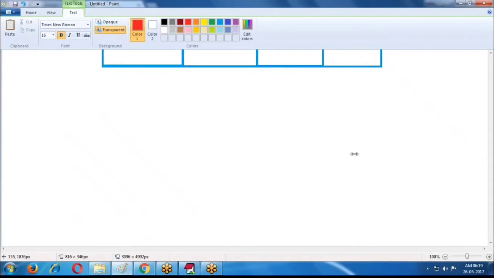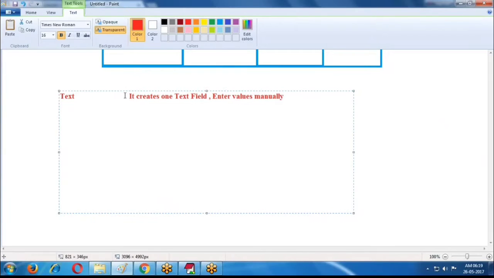Whenever we select the text type, we enter the values manually.